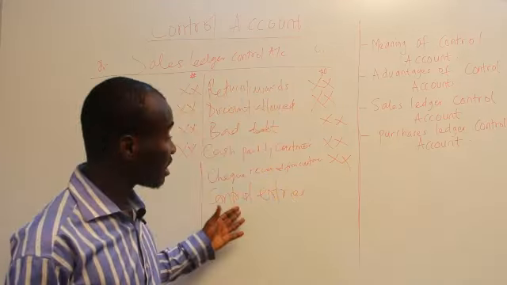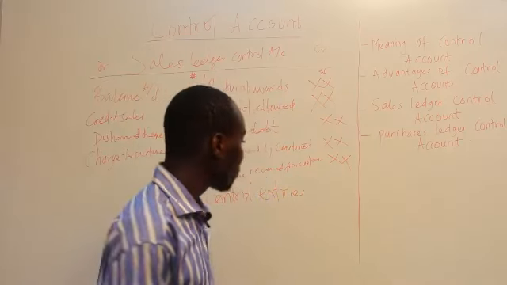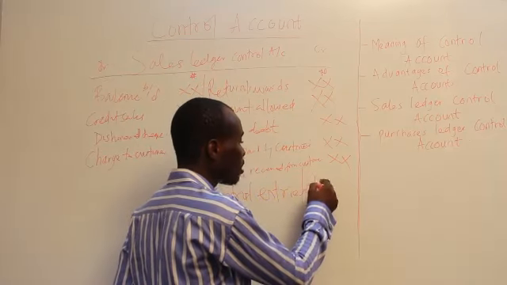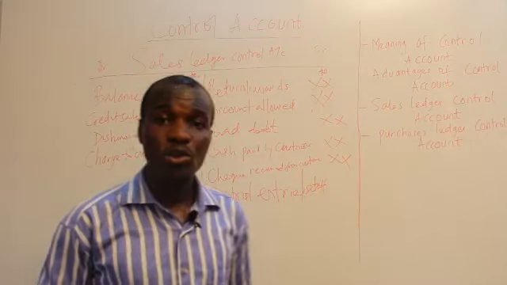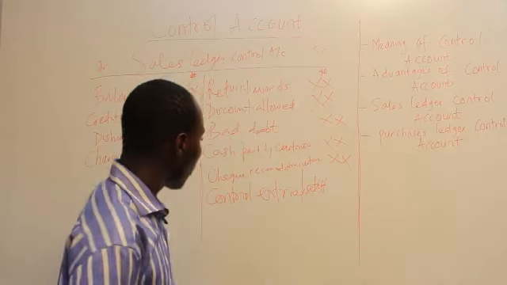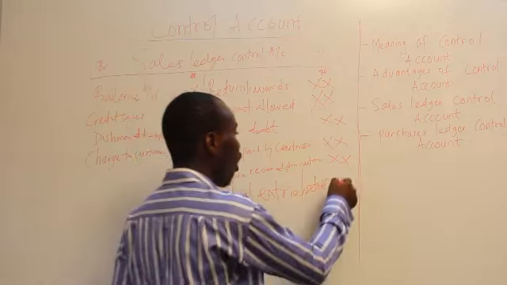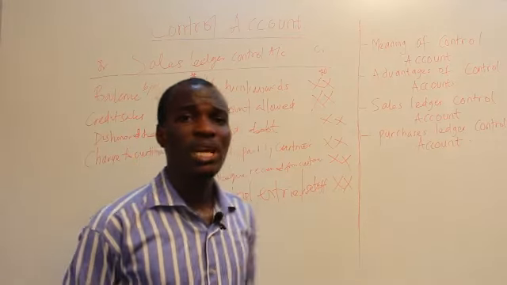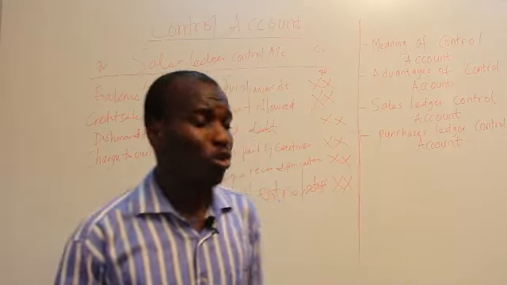So contra entries generally serve as a set off. So we set it off with the total creditors control account or purchase ledger control account. That comes to the credit side of the sales ledger control account and goes to the debit side of the purchase ledger control